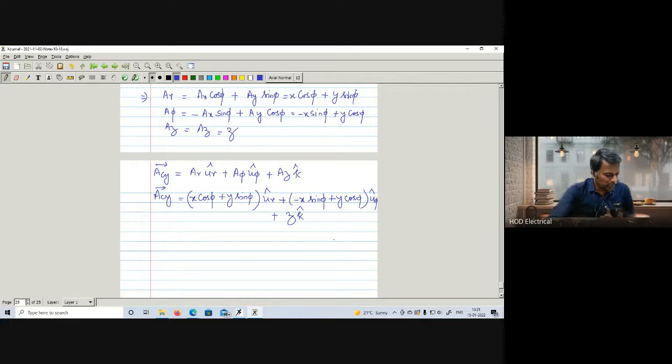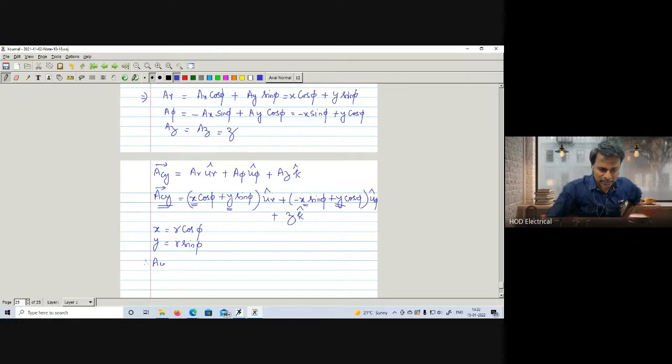Already we know what is meant by x. Now here this is cylindrical coordinate, but you still have Cartesian coordinates, x and y, right? So we have to change all the x, y components. For that we already know some formulas: x is equal to r into cos phi and y is equal to r into sin phi. Z is equal to Z since Cartesian and cylindrical are the same. So now substitute here.